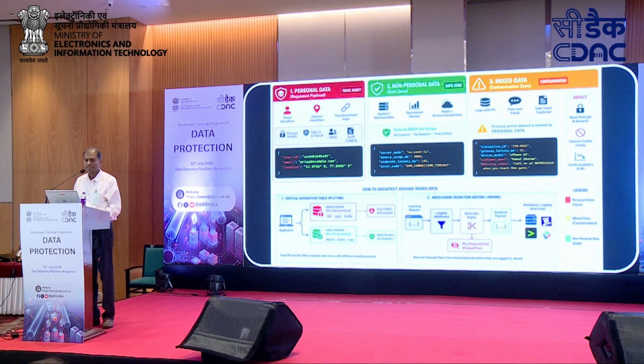So personal data, basically you have direct identifiers, indirect identifiers, and pseudonymized keys. Again, please note that this is not a classification which is there in your DPDP Act. We are just mentioning this as indirect identifiers because we as developers will be looking at this particular thing. If you look at it, the personal data is the red color one, which means this has to be